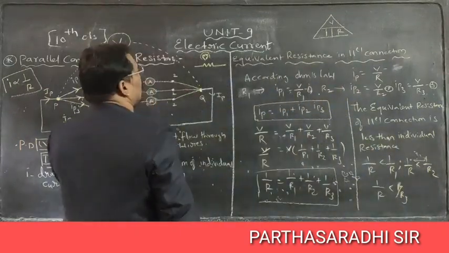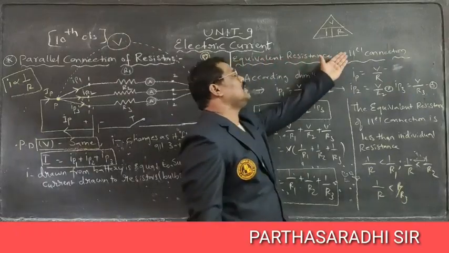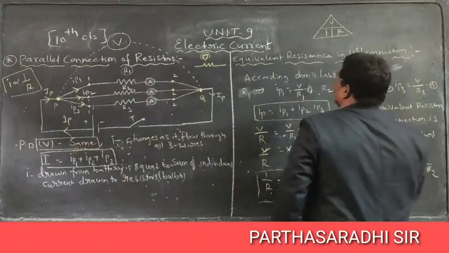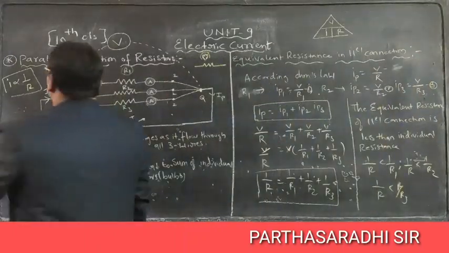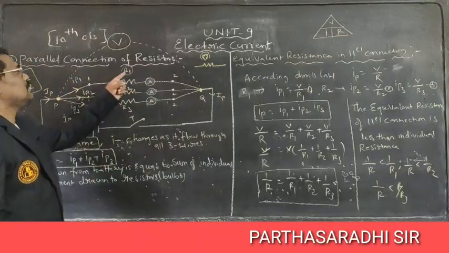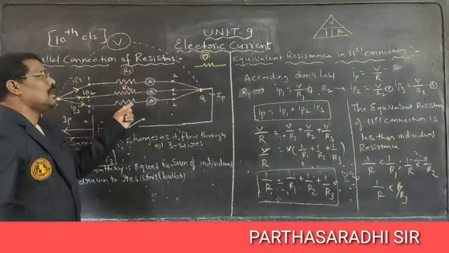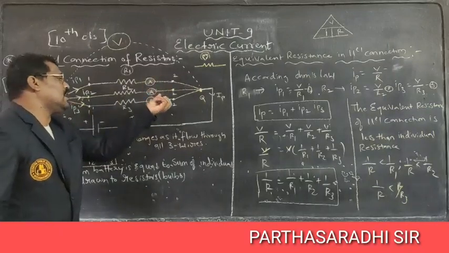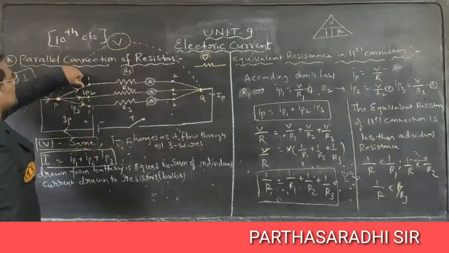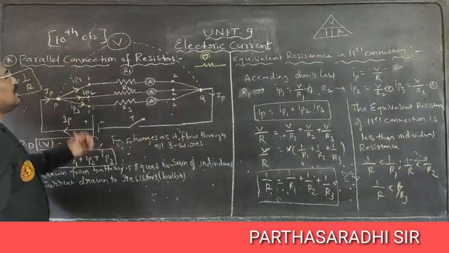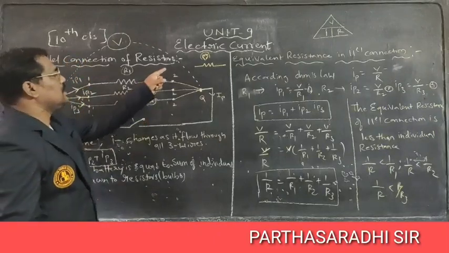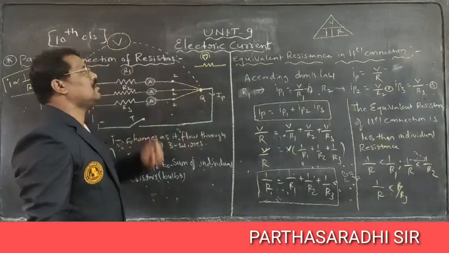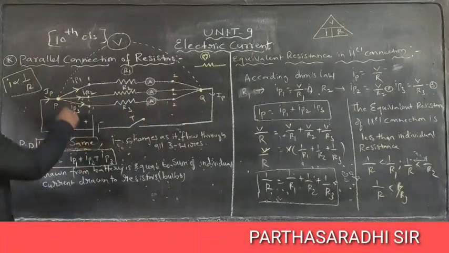Next, based upon that, the equivalent resistance in parallel connection. I would like to calculate the equivalent resistance R in parallel connection. To do that, consider three resistance wires R1, R2, R3 and connect them in a parallel connection. It is called a parallel connection when the first terminals of all resistance wires are connected to one point P, and the second terminals of all resistance wires are connected to terminal point Q.